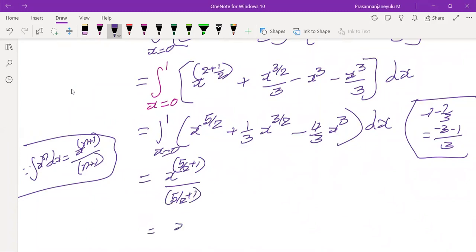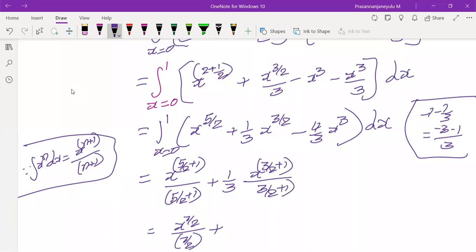So x power 7 by 2 by 7 by 2, plus, what about the second term? 1 by 3 into integration of x power 3 by 2 into dx, x power 3 by 2 plus 1 by 3 by 2 plus 1. The 3 by 2 plus 1 value is 5 by 2. So 1 by 3 into x power 5 by 2 by 5 by 2,